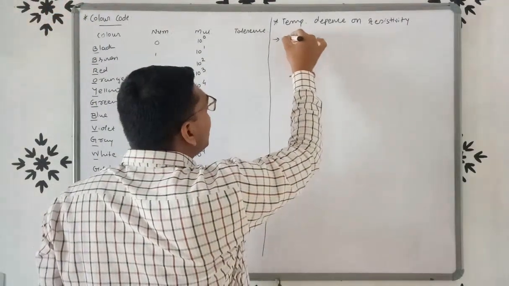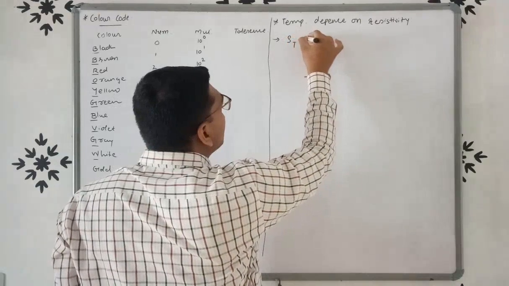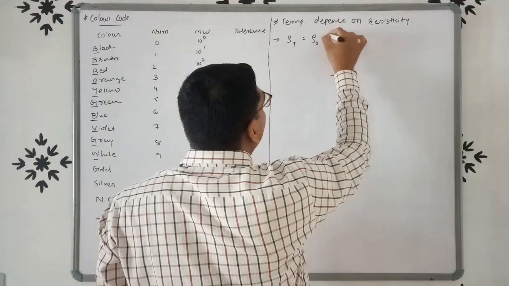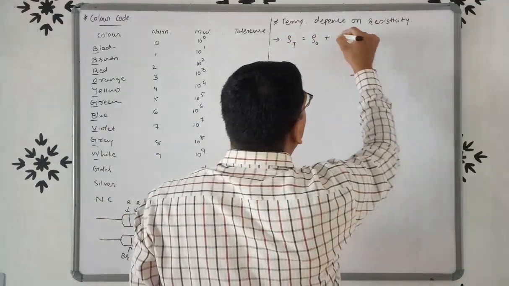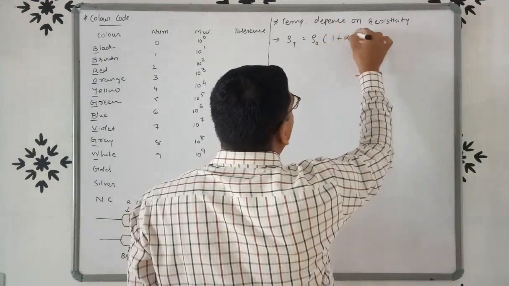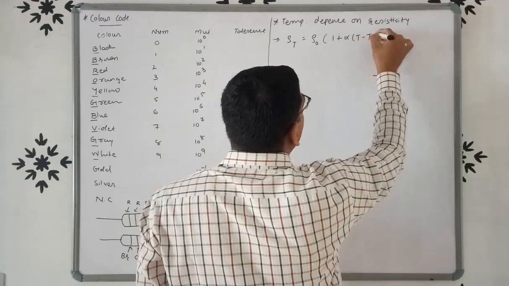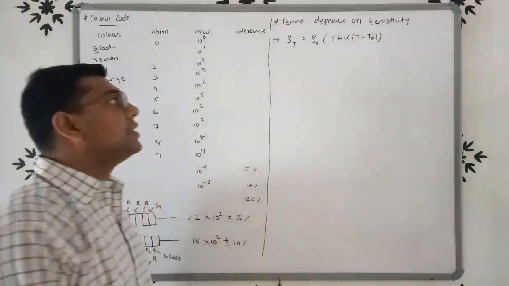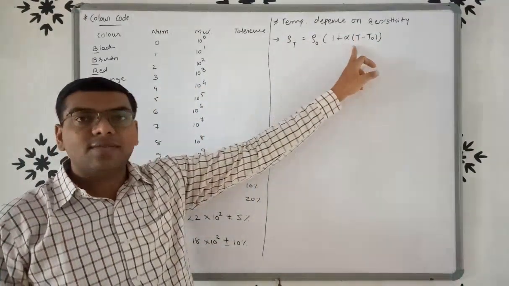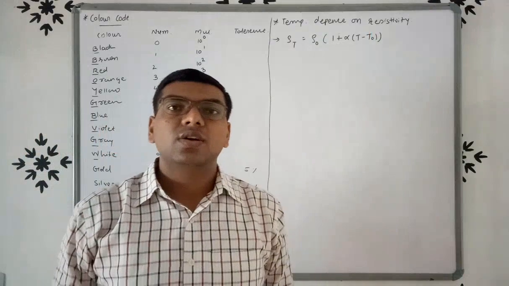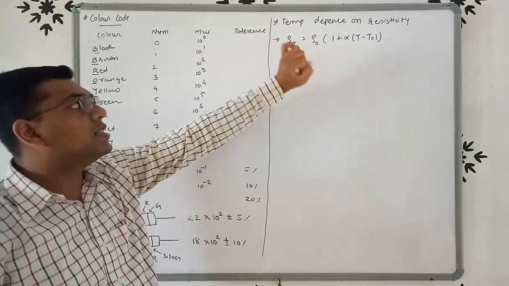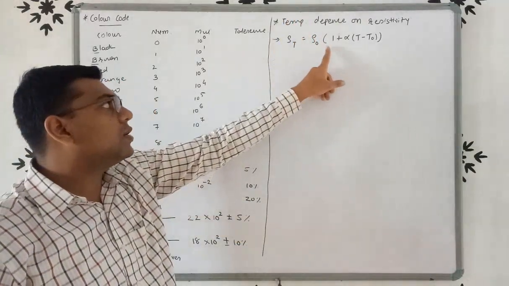The equation is: rho t is equal to rho 0 into 1 plus alpha into bracket t minus t0. So friends, without any proof, you have to simply remember this equation: rho t is equal to rho 0 into 1 plus alpha t minus t0,